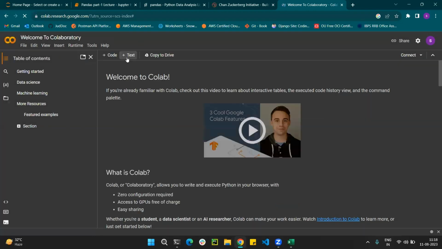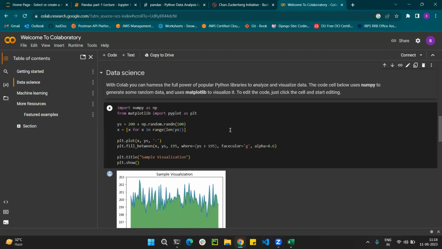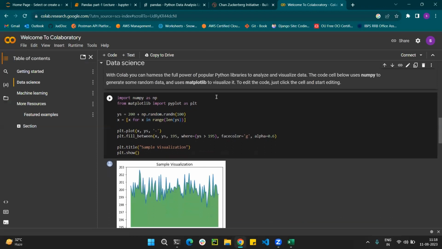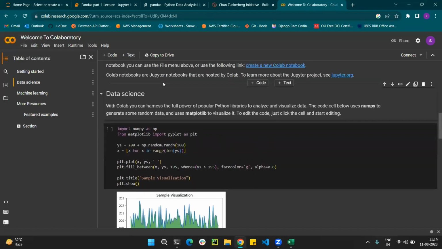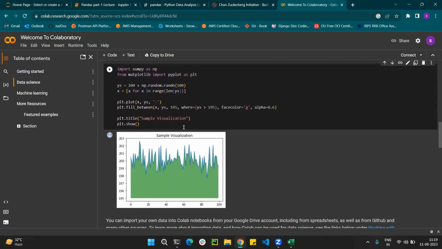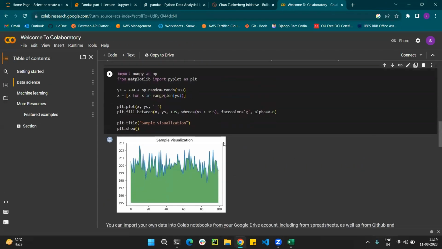Okay. Let's say getting started. I think I already showed you something. So this is the Google Colab interface. It is highly efficient compared to Jupyter notebook, and the execution speed of the program is very fast. So instead of using Jupyter notebook, you can use Google Colab. Just search for Google Colab, and this interface will come up.